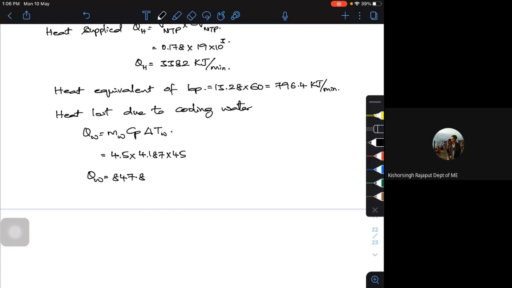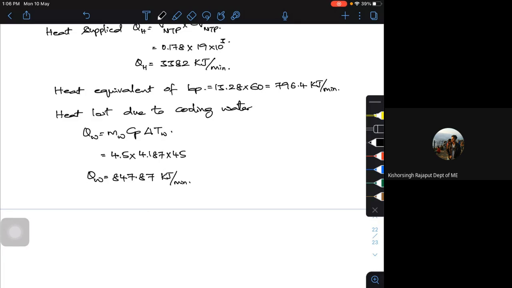Sir, delta TW, why are we not taking it in Kelvin? See, it is actually a temperature difference. Say 700 Kelvin minus 500 Kelvin, how much is it? It is 200 Kelvin. Say 200 degrees Celsius minus 10 degrees Celsius, what is the delta T? It is 190 degrees Celsius. Kelvin minus Kelvin, you will end up with the same number as degree Celsius minus degree Celsius. Are you getting it?